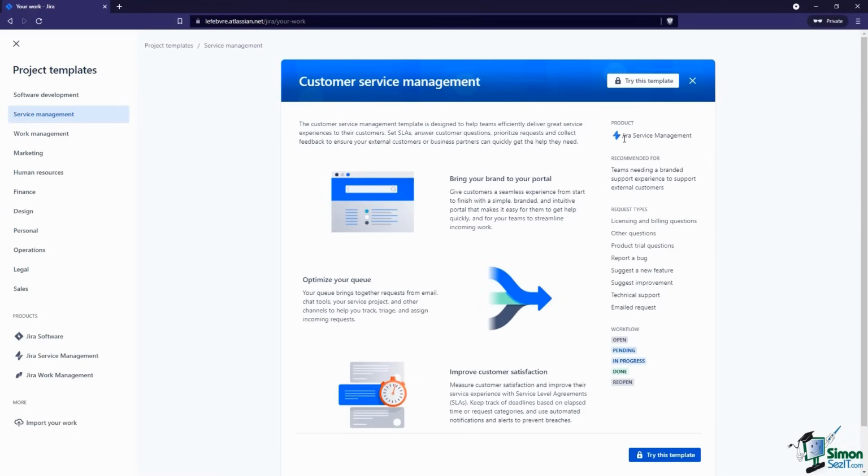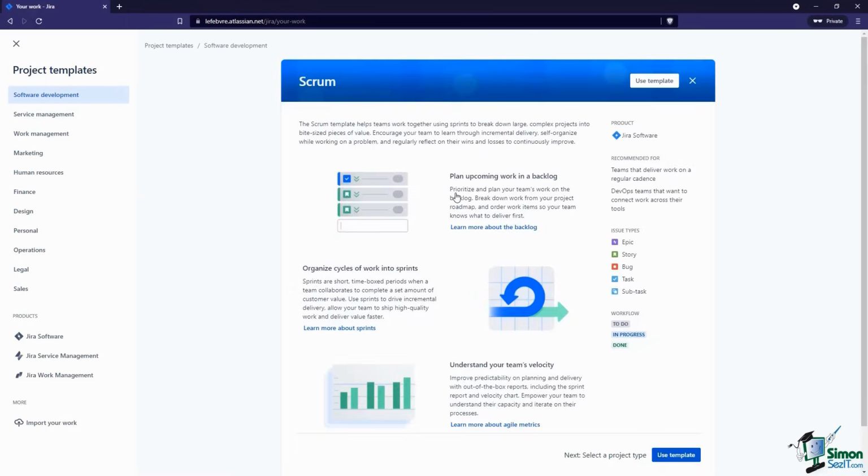That's going to be an extra cost with the license. That's something to keep in mind with that. But I just want to point out, if you see this lock, that just means it's trying to use features that your license currently does not have. So let's hop back to software, and I'm going to select a Scrum template, and we can see what this